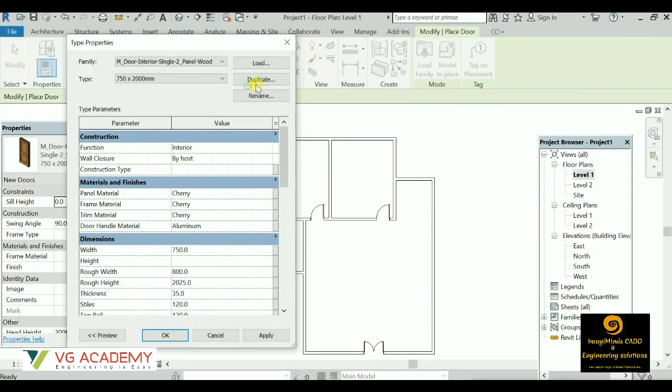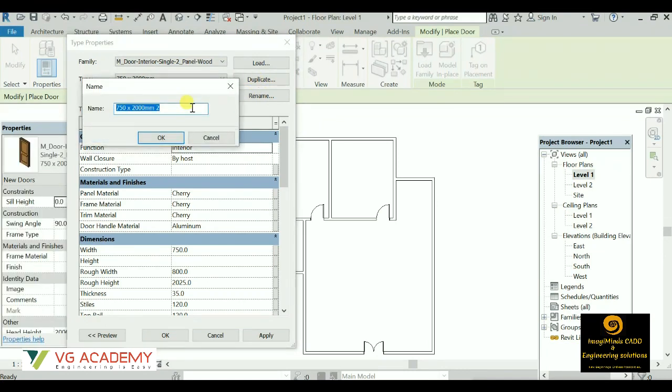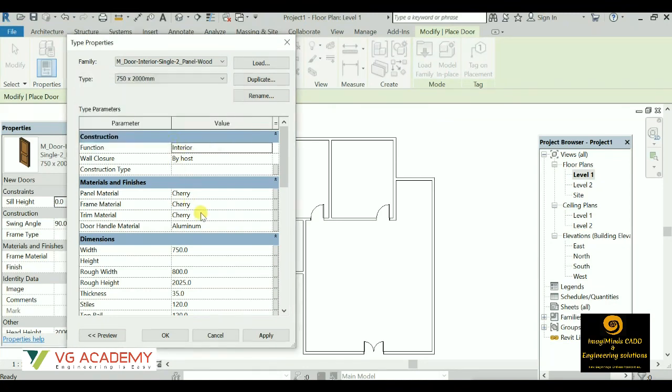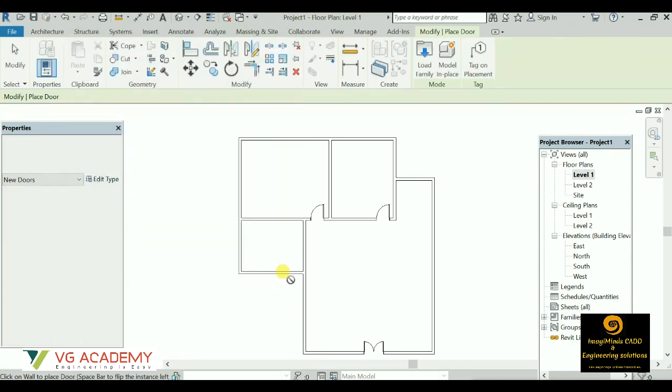So let us change the height. Before that, we have to duplicate. So guys, this you have to keep in mind. If you'll be changing in this predefined model, then it changes in all this category of this 750. So guys, you have to keep that in mind that before you change any height or width, before you change any parameter, you have to duplicate. You have to create a different copy. So let's say this will be T2, and size also you can write over here 750 into 2100. So I'll change this height 2100.